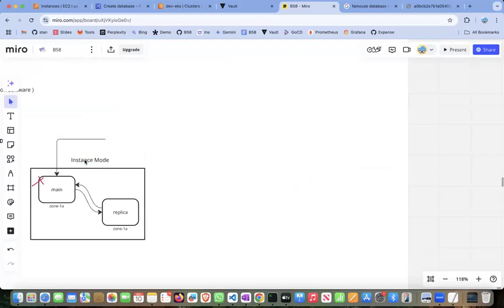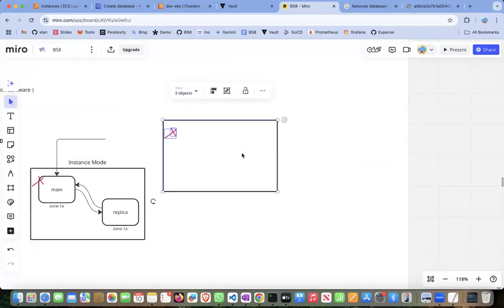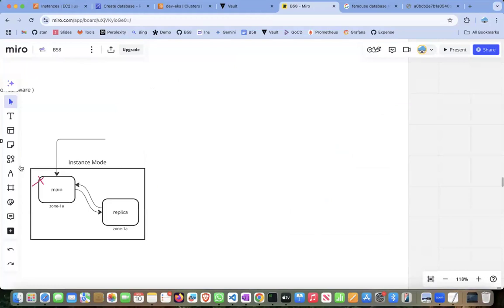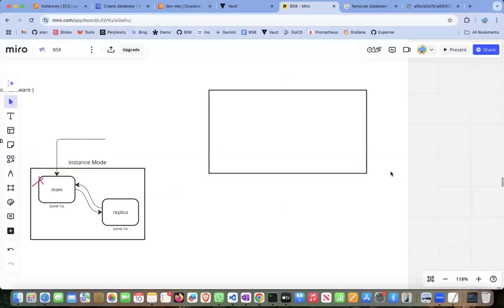But if you want to create your database in a clustered approach, this is something you do when you're having more read and write operations. Based on that, you can make a decision. If you create a database in a cluster mode RDS, the advantage is